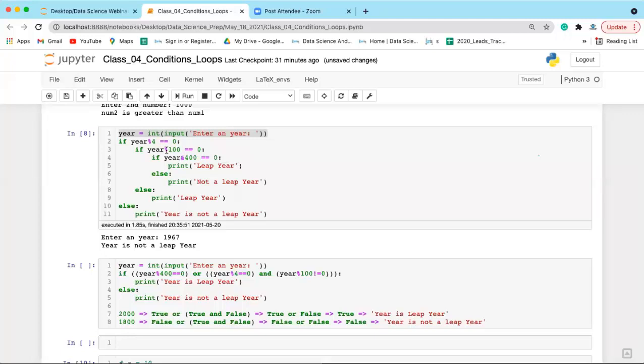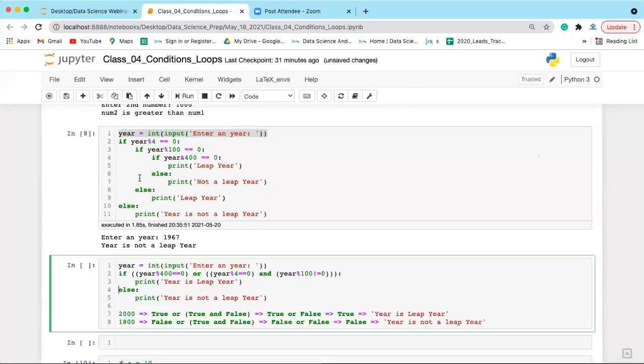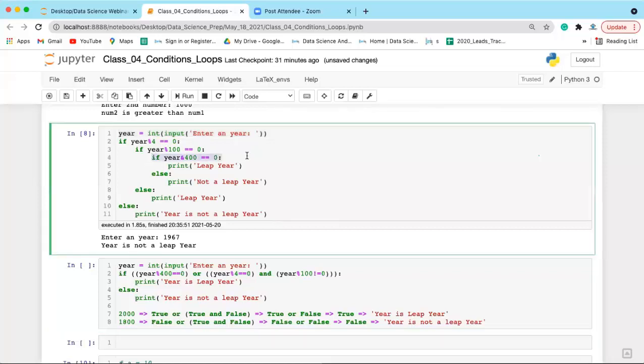Line number 4. Line number 4. I think you are talking about this one, right? Krishna? Yes. Okay. Yes. So year % 400 == 0. We are, see, first of all, what we have checked, how you check the year. Okay, I'll explain that, Srilekha.